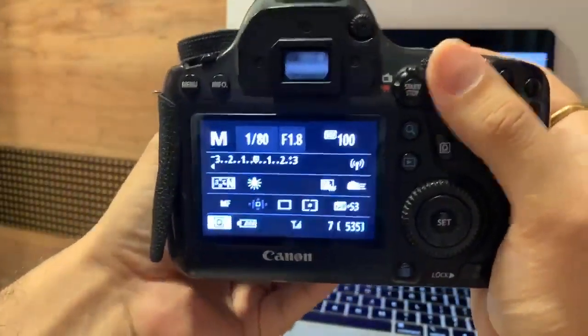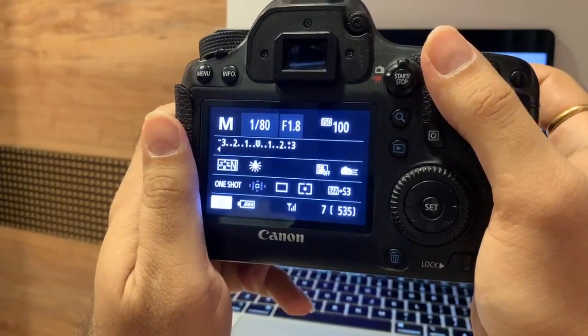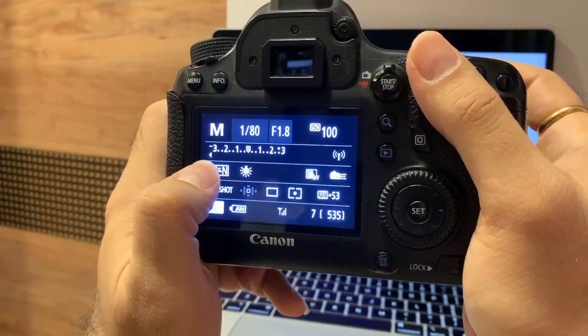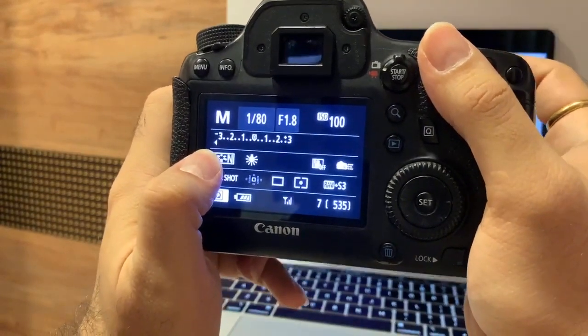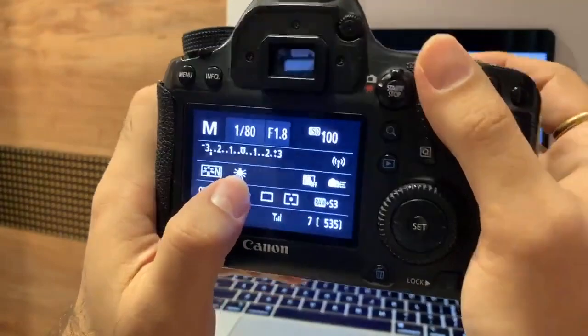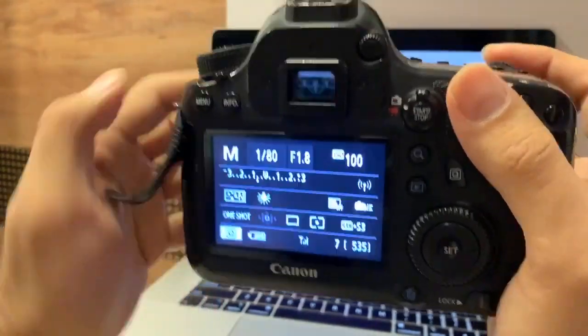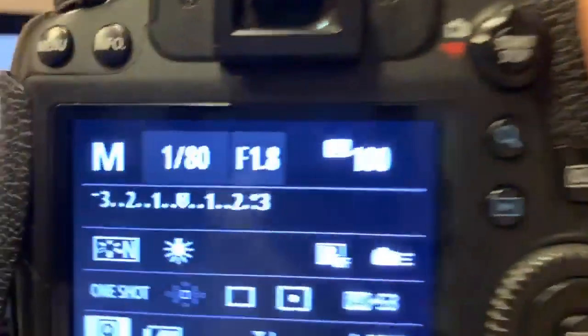So let me go ahead and take that image. Let me just put the lens on autofocusing and take an image for all of you. So you can see my metering is beyond -3. And if I take an image, it's going to be really dark. And you can see when I'm moving my lens, the cursor is also moving. Means what it's seeing in front is metering over there.